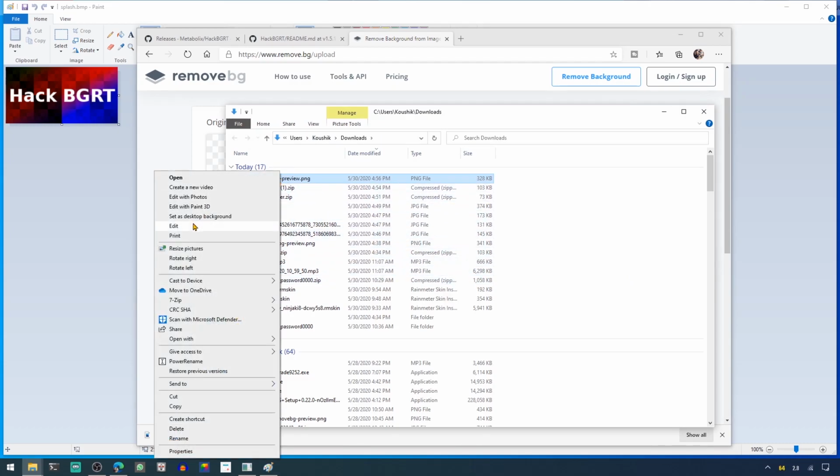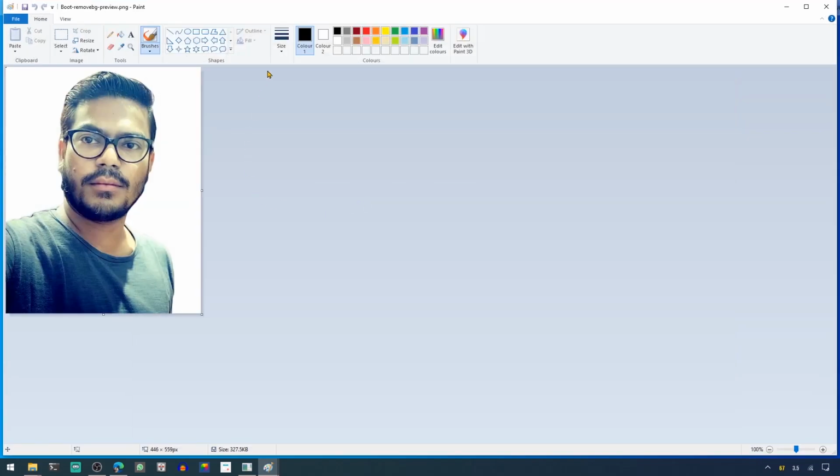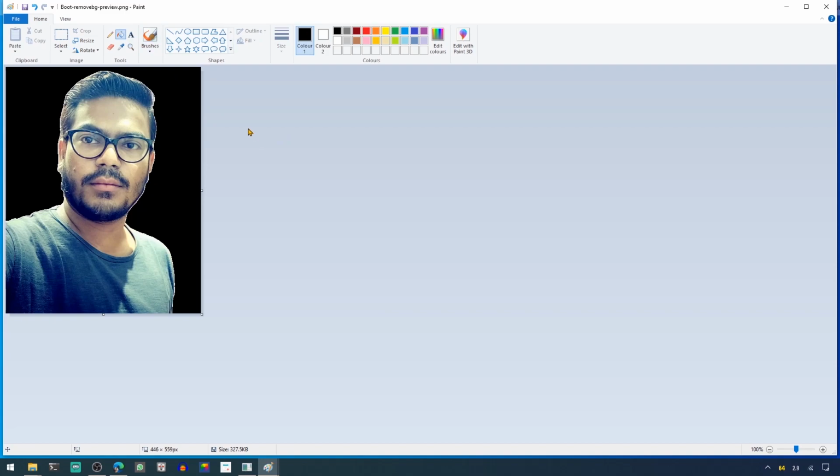Open it with Paint. So now that the image is opened with Paint, I'm going to set the background to black, because remember, when Windows boots in, the screen is actually black. So my objective here is to make it seamless. Basically, the image will integrate right into the boot screen's black background. That is why I am marking the background as black. Once that is done, I will simply select the entire image. You can press Ctrl A to select the image and copy it.